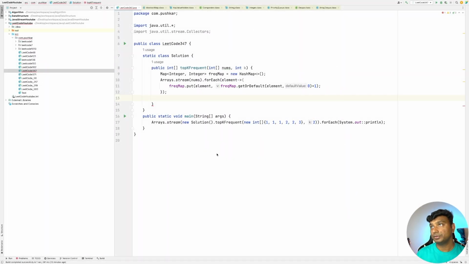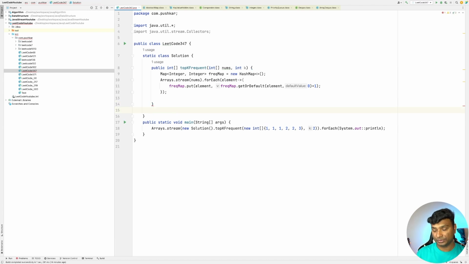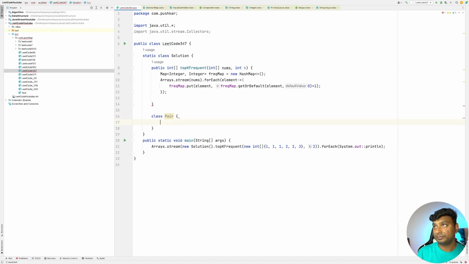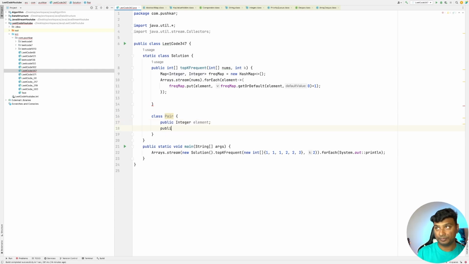To maintain the priority queue, we also need to store both the element and the frequency. Since there is no pair class available in Java, let's create one class, Pair, and let's have a public Integer element and a public Integer frequency.